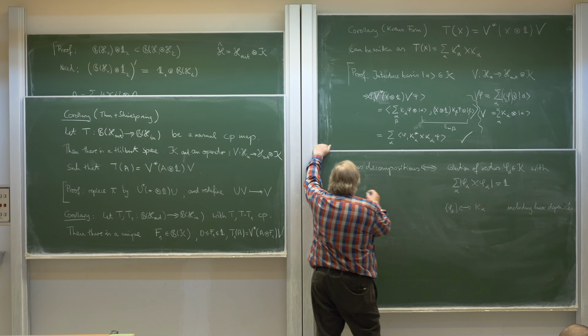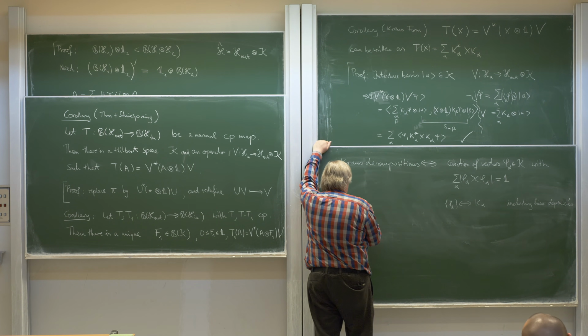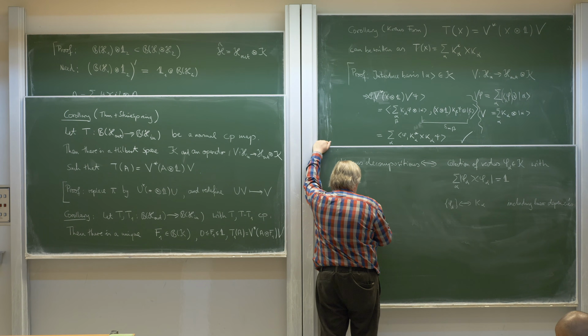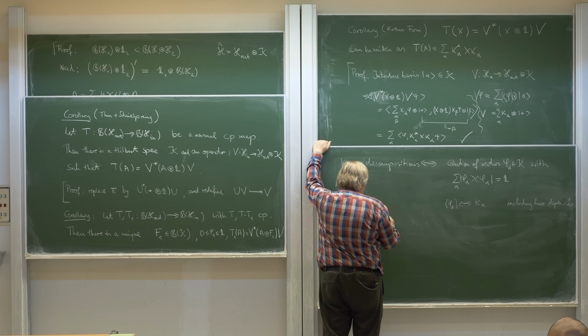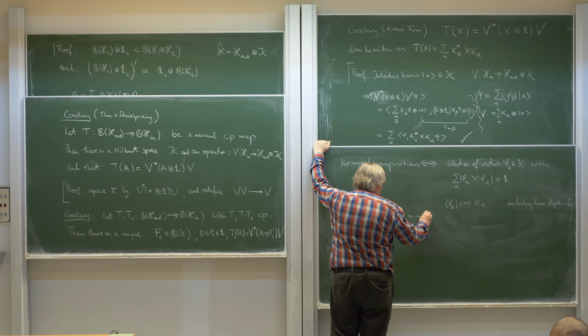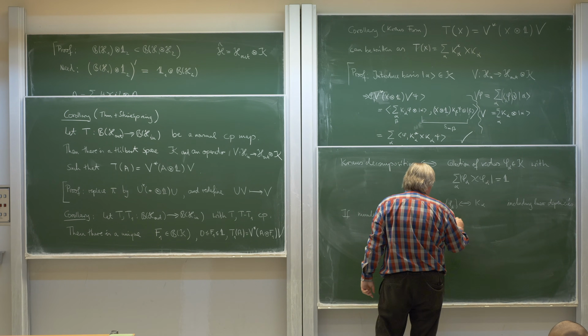So if the number of k alpha is minimal, which means it's equal to the dimension of K,